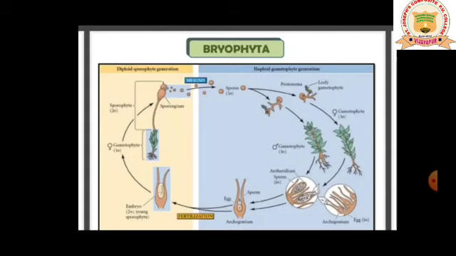An antherozoid fuses with the egg to produce zygote. So here fertilization takes place. Fusion of male and female gamete takes place. They produce a zygote. The zygote does not undergo reductional division immediately. So after the fusion of male and female gamete, the zygote has to go for division. It will not go immediately in case of bryophytes. Fine. They produce a multicellular body called sporophyte.